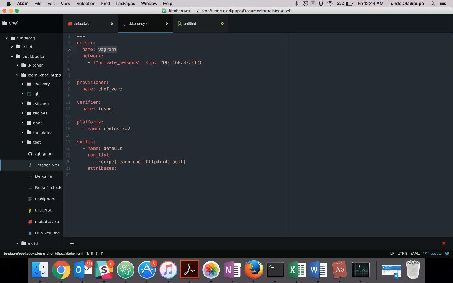So instead of running your cookbook on a server like an Amazon EC2, Chef uses a VirtualBox to run your cookbook, and it manages that through Vagrant. So if you want to use Kitchen, you have to make sure you install Vagrant and also install VirtualBox. Now it uses Chef Zero to provision, which I'm not going to go into right now, and it tells that for this particular cookbook, you should run this